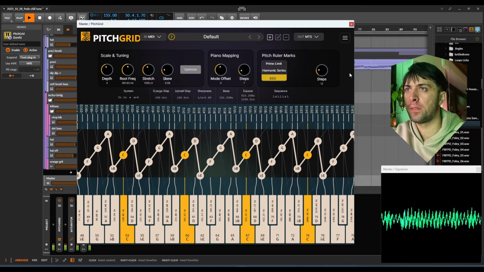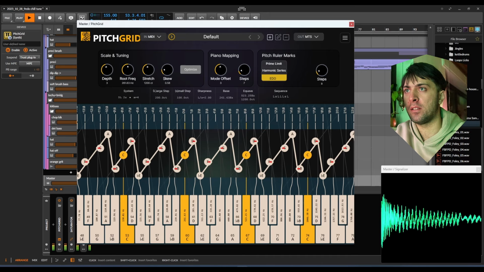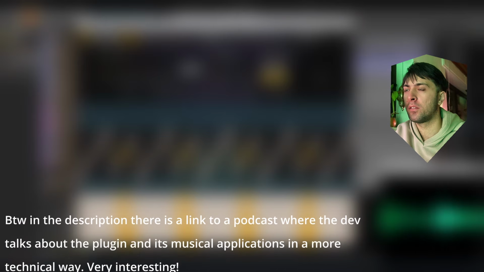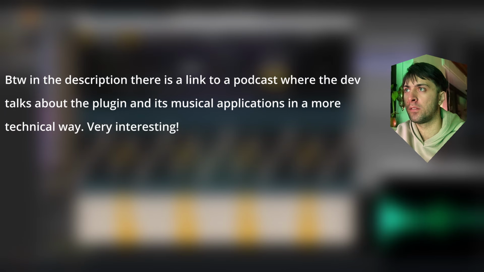Super similar, but I think I actually like it more in perfectly 7 Edo. Anyway,